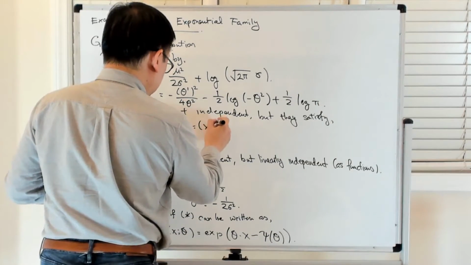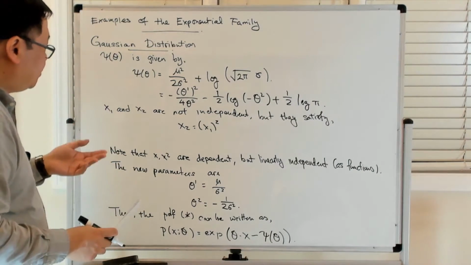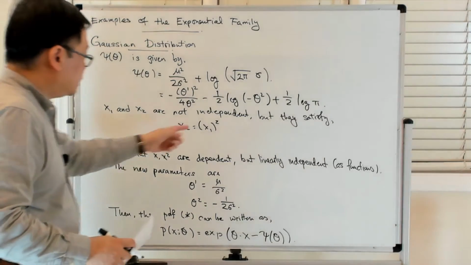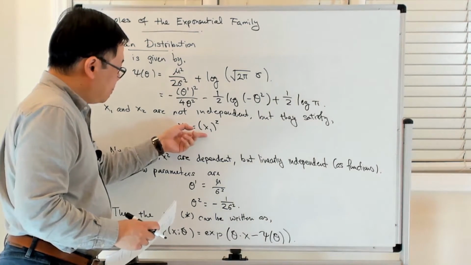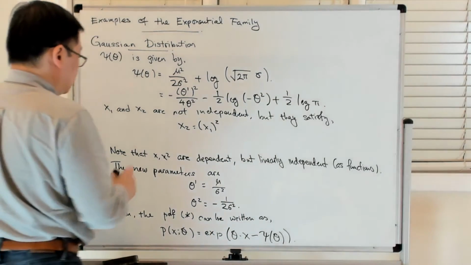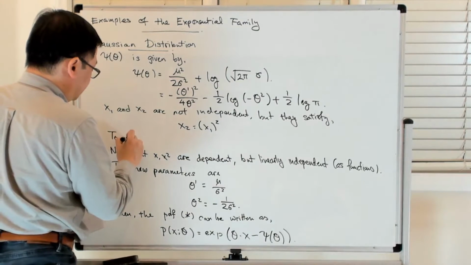So what you want to do then is endow the space of x1, x2 with a measure which imposes the relationship that x1 squared is equal to x2. To enforce this condition,